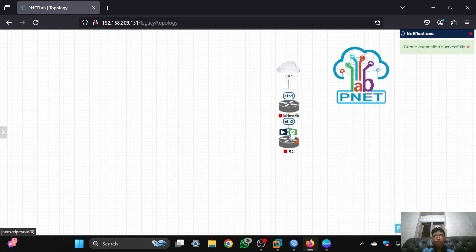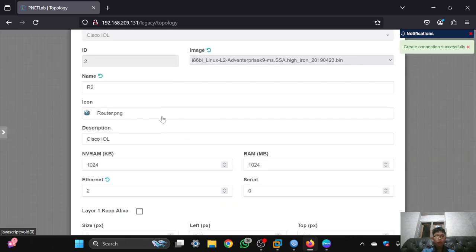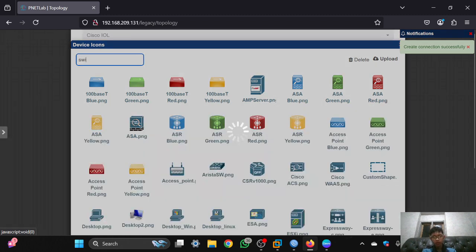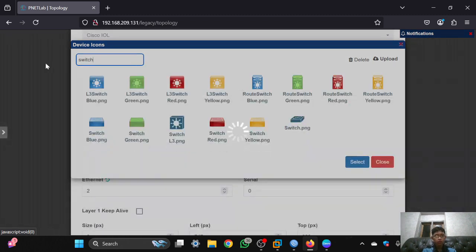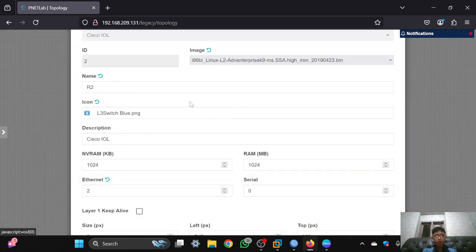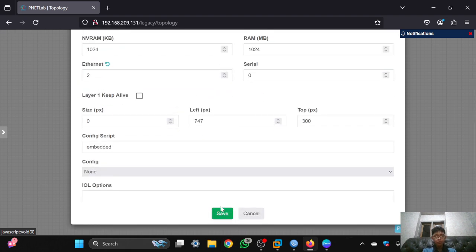You can configure the switch with the switch icon, so you can see the difference, and you can change the name and click save.